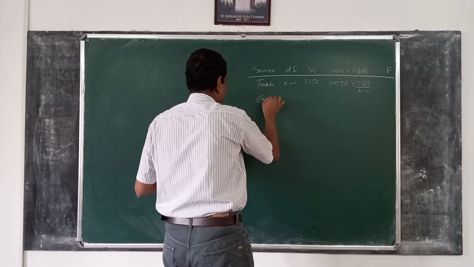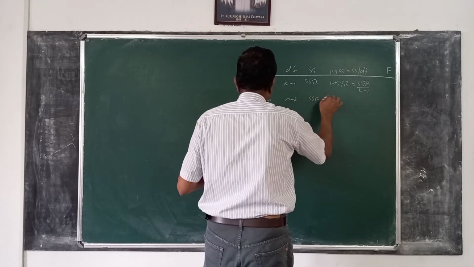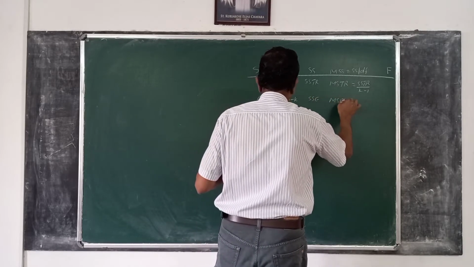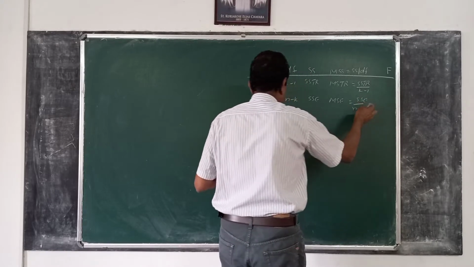Error: n minus k, SSE, MSE is equal to SSE by n minus k, and F is